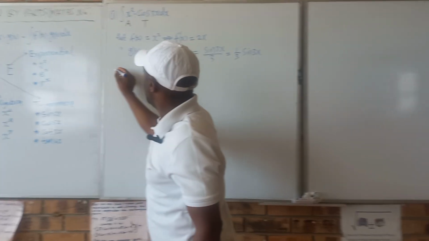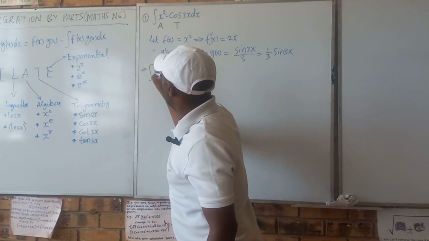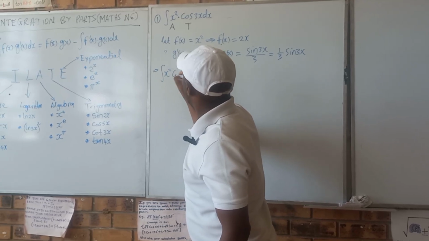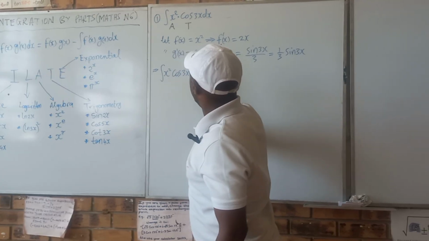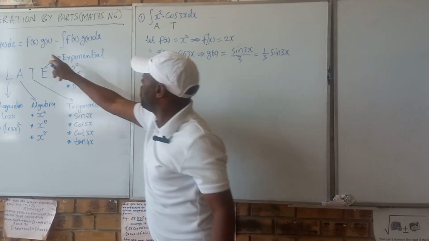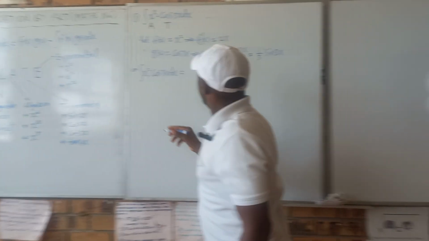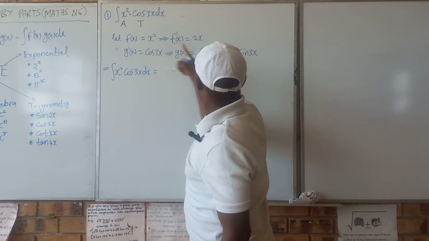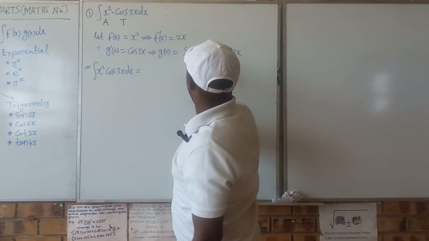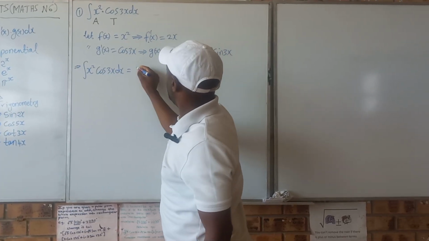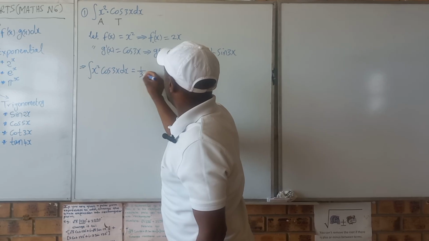So if I go to the formula, it will be telling me that the integral of x squared cos 3x dx is equal to, I will look for fg to occupy that position. So fg, that's my f, that's my g. When I multiply them, I always like to put the constant in front. So I will get 1/3